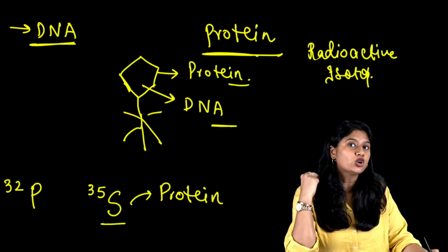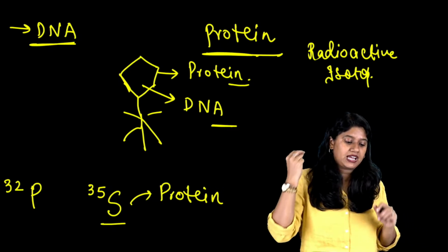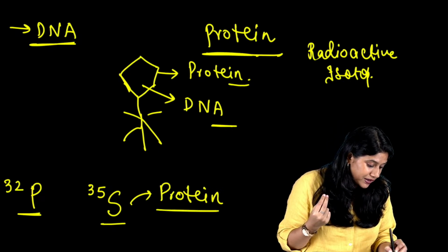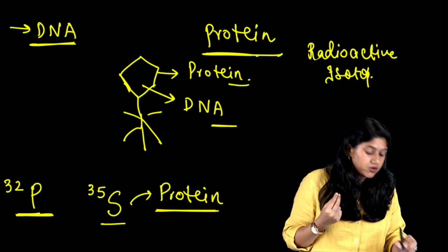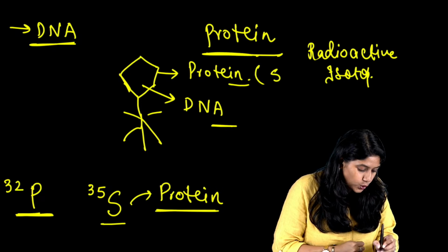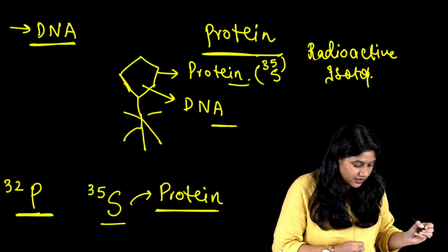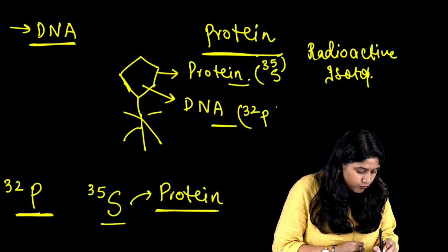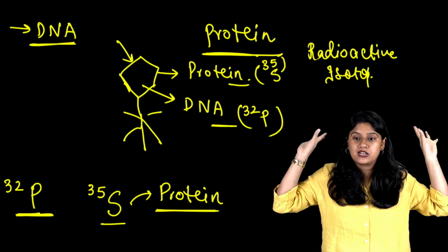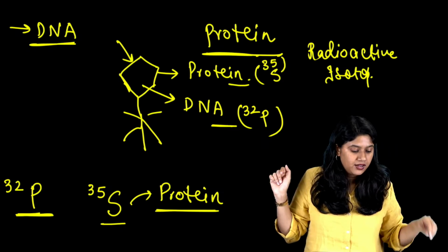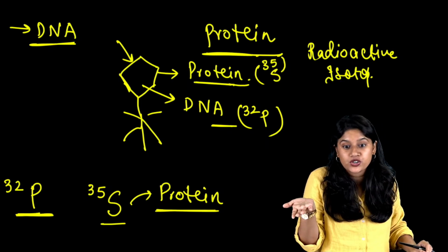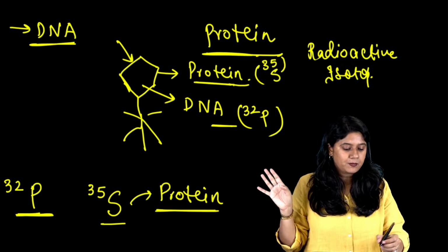So what they did, they took 2 radioactive elements, right, that we have. We have the phosphorus and we have the sulfur. So we know that sulfur will be present in the protein and phosphorus will be present in the DNA. So what they did? They labeled the proteins with the sulfur and the DNA with the phosphorus. क्लियर? उन्होंने जो बाहर जो कैप्सिड था ना, उसके ऊपर क्या रख दिया? रेडियो एक्टिव सल्फर, ताकि वो चमके. क्लियर? तो जो कैप्सिड हो गया हमारा, वो किसका हो गया? सल्फर का. जेनेटिक मटेरियल अंदर किसका हो गया? फॉस्फोरस का. क्लियर एवरीवन? सी चमकना याद रखेंगे हम.